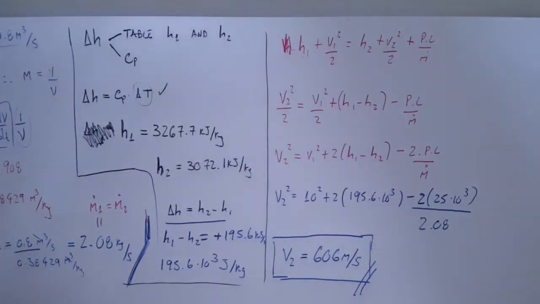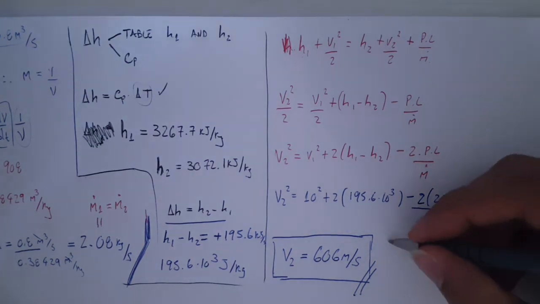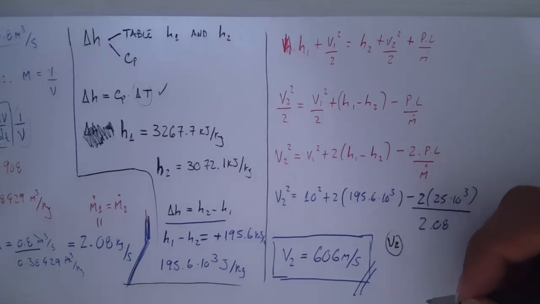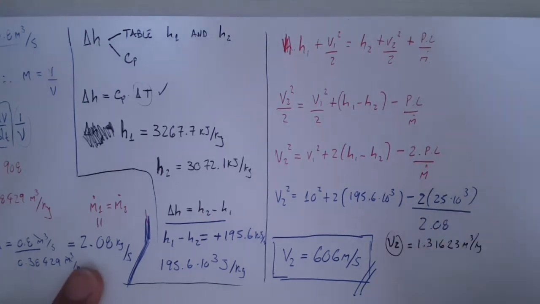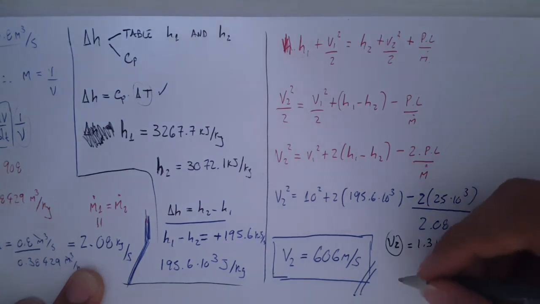And then the last part is quite trivial, right? Because we can grab the specific volume for the second state, again from the table. And we noted from the previous work that if we have the specific volume, which for this case is 1.31623 meters cubed per kilogram, and we have the mass flow rate, which is this guy here, then our volume flow rate becomes trivial, right? Because we can do the same process that we did before. If we want our volume flow rate,